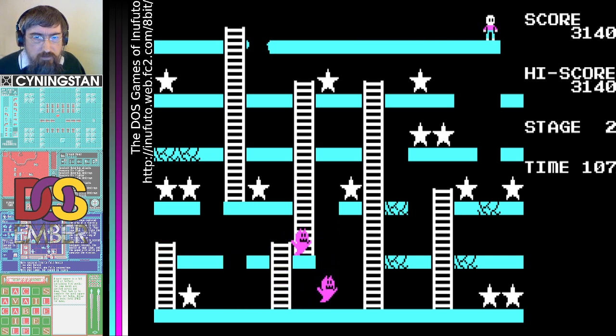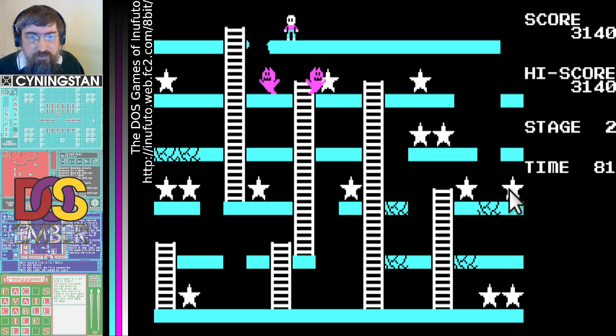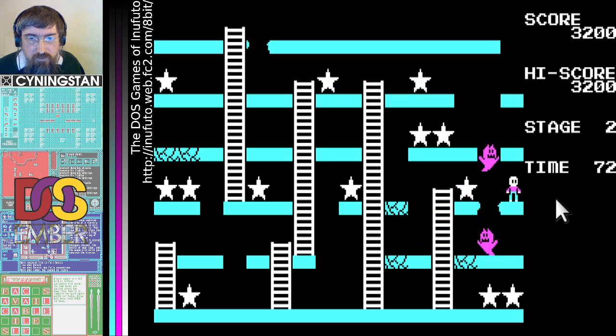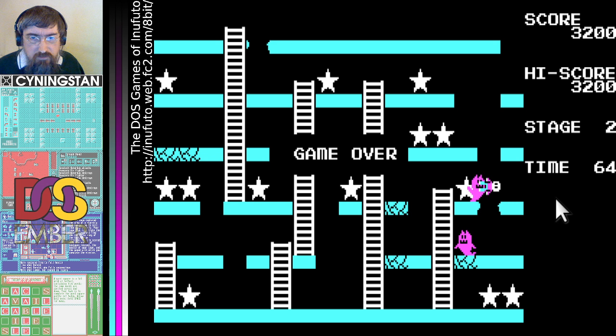Right, let's see if I can get these two idiots to be wandering around the wrong part of the level and see where I want to be. I've realised that on the right here, I keep going to this right one first, and that is correct, because if you don't get that one first, you do prevent yourself from being able to complete the level. So here we go. Am I trapped? I believe I'm trapped. Yeah, I'm trapped there.